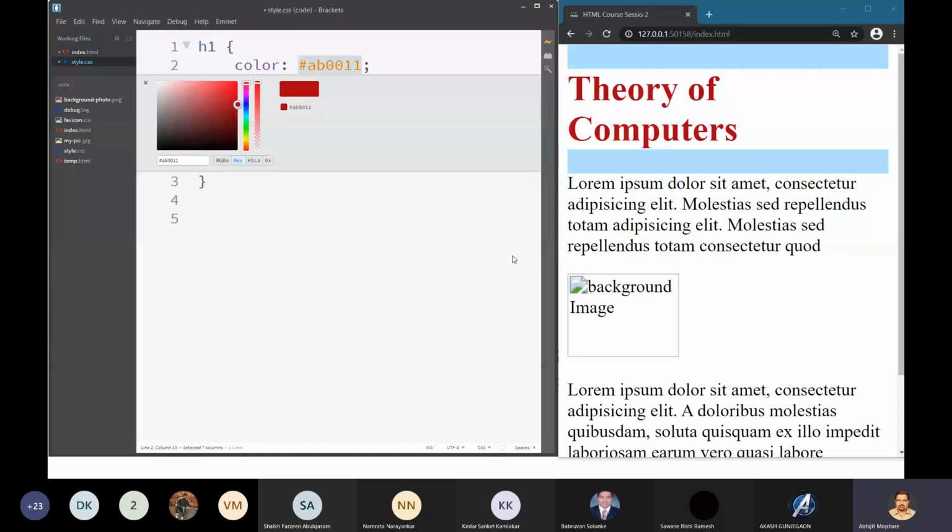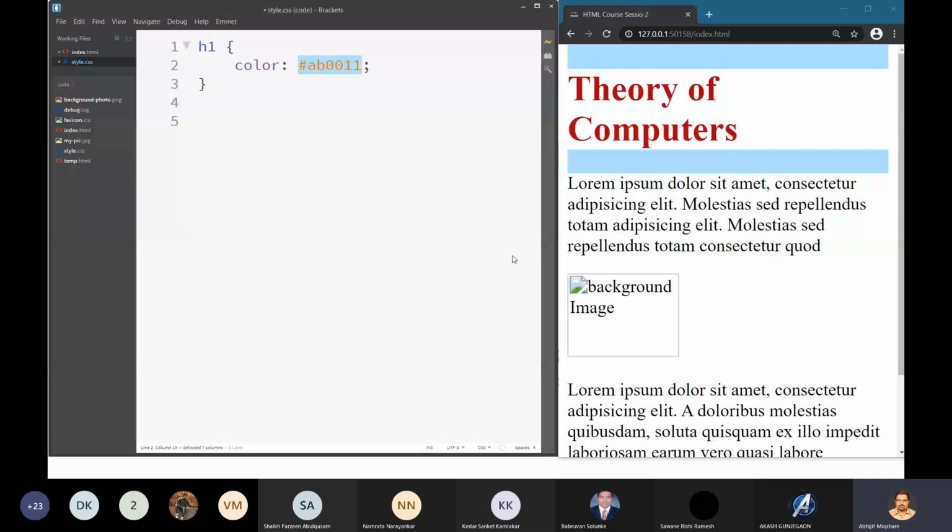How has that particular color tool come up? I hold the Control key and press E. The mouse cursor should be on this color, keeping the keyboard cursor on that particular value. If you press Control E, this tool will come,